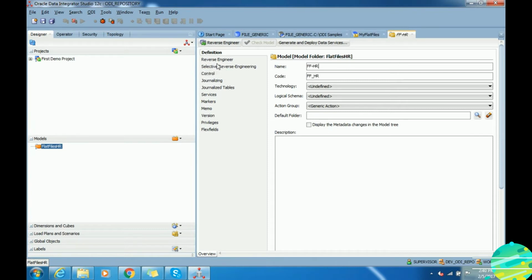Just mention the name, no need to mention the code defaults. Under the technology, we have to select file. Logical schema will be the name which we have given, my flat files. Save it.